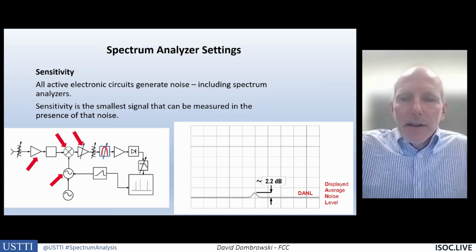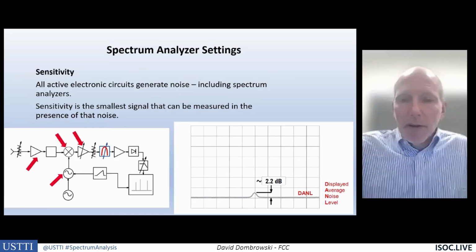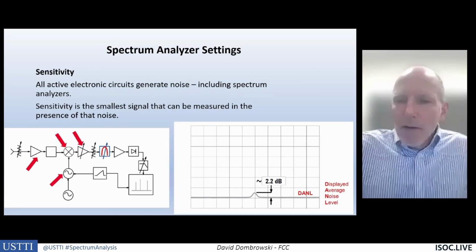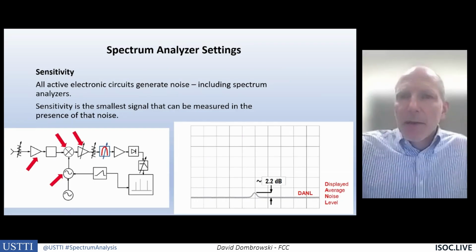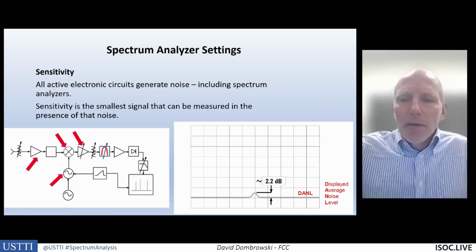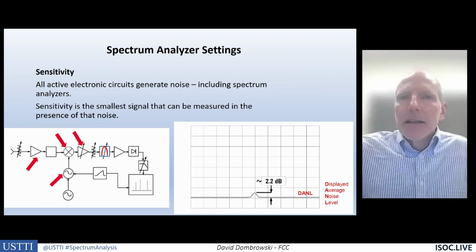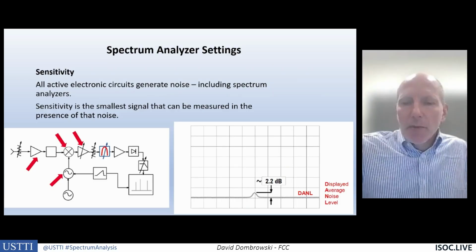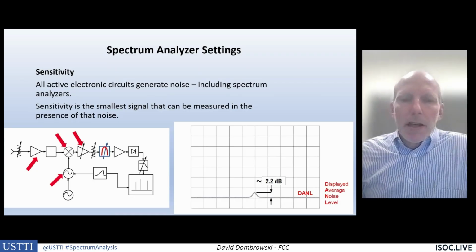And the sensitivity is another setting. How low of a signal can I observe on my spectrum analyzer? And that is determined by the resolution bandwidth, believe it or not. Here we have the average display noise level. Let's say that's minus 120 dBm. That's pretty good for a spectrum analyzer, minus 120 dBm. And let's say there's a signal that's 2 dB above the noise floor. So that signal would be about a minus 118 signal if we measured the amplitude of that, because it's just 2 dB above our noise floor, and say our noise floor is a minus 120. And so